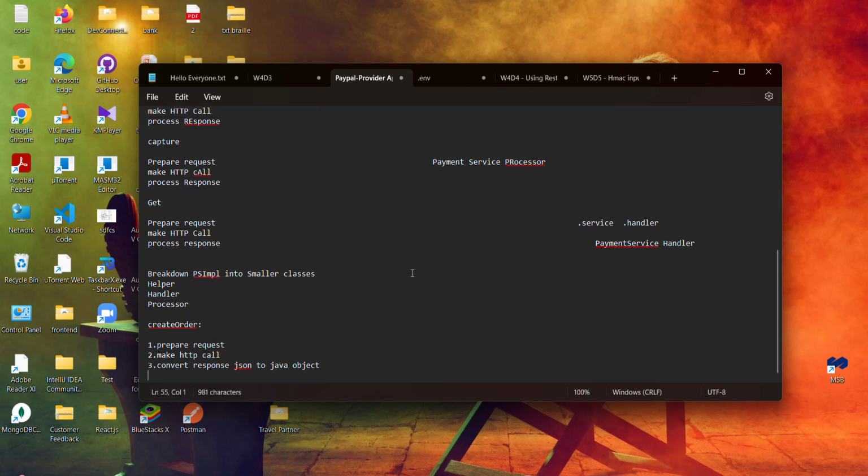Then we have to set the value to the order,